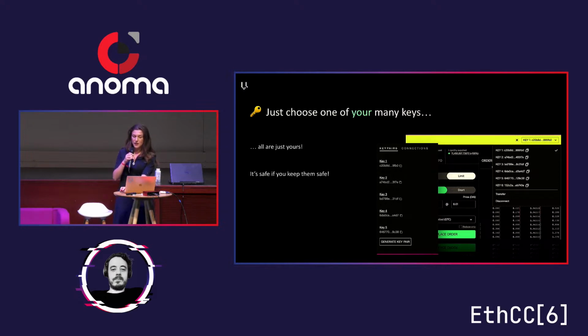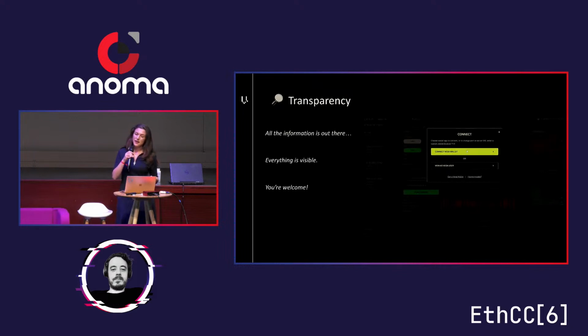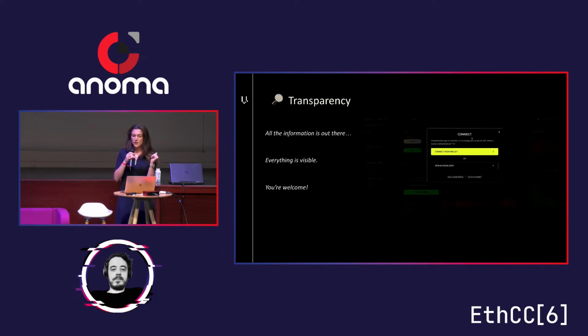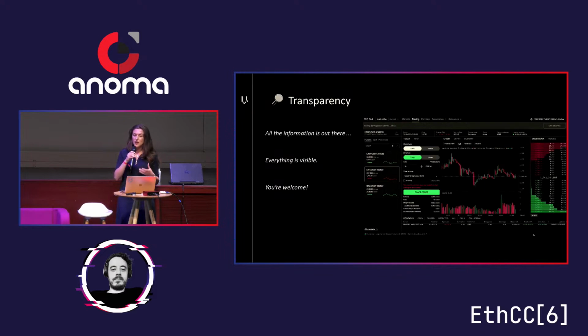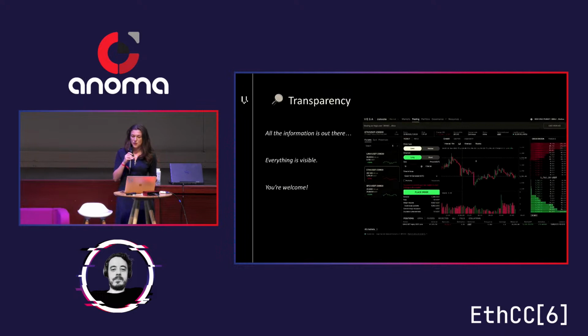Now, secondly, trying to make you realize you're on a transparent, decentralized exchange. Viewing as any public key. Remember, as a DEX user, you're on a blockchain, everything is transparent. You just need to know someone's public key and all the information is out there for you to check. This transparency feature on the blockchain is really interesting in a completely permissionless world because it promotes transparency and accountability and fairness in the trading process. And since everything is visible on the chain, then the UI could actually help you visualize that too.